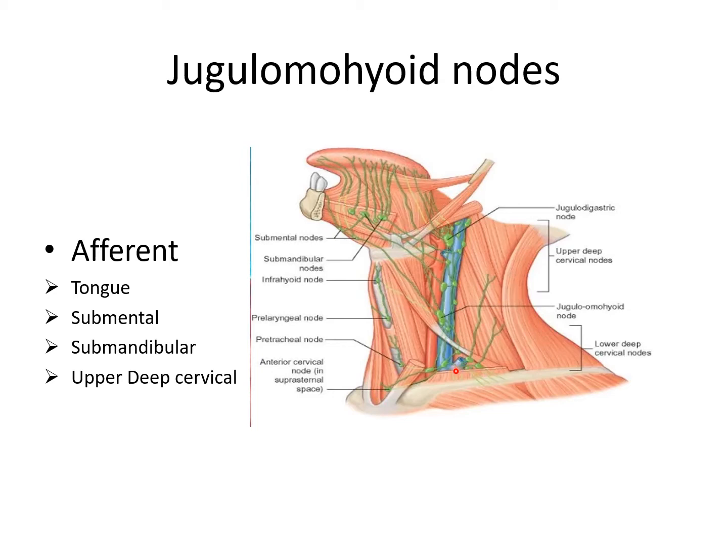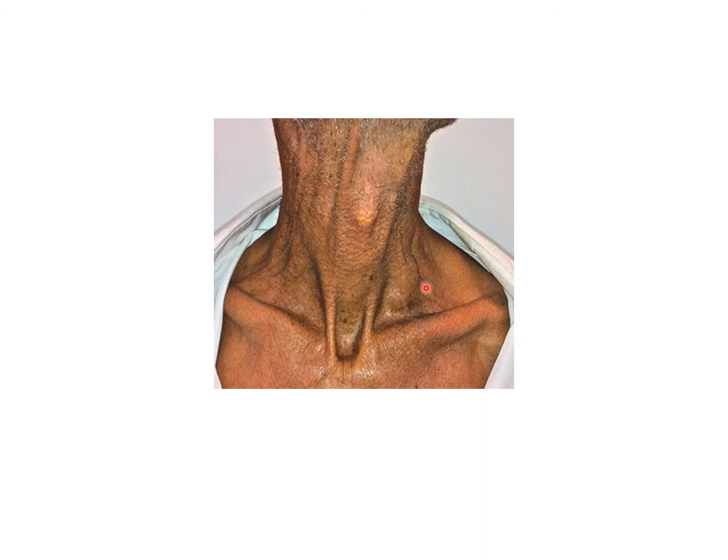We have already studied these lymph nodes when we did the posterior triangle. So if you remember, the left supraclavicular lymph nodes are clinically important because they actually metastasize from malignant cancers of the stomach. So they are the Virchow's lymph nodes. This is a case presentation of the Virchow's lymph node. We can see here that these are the enlarged lymph nodes in this case.